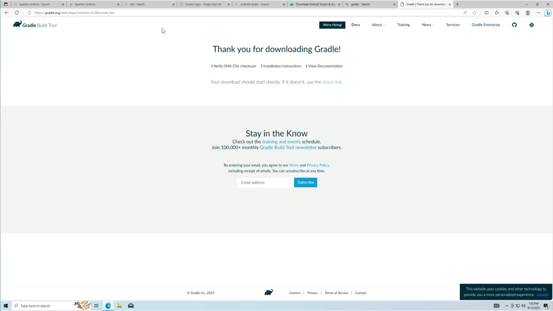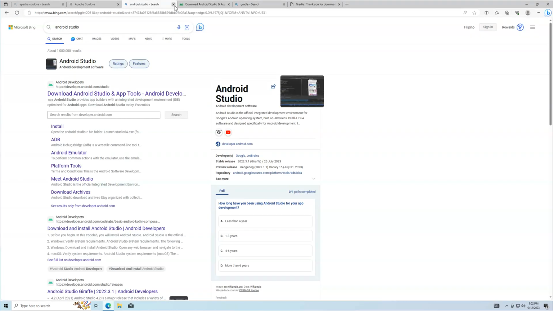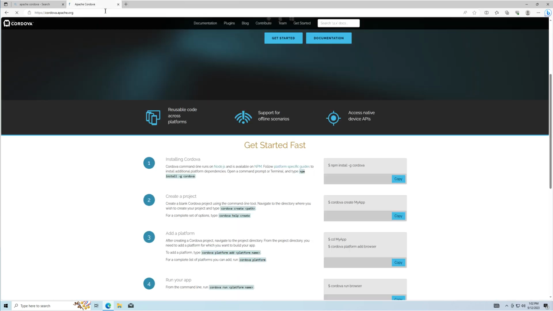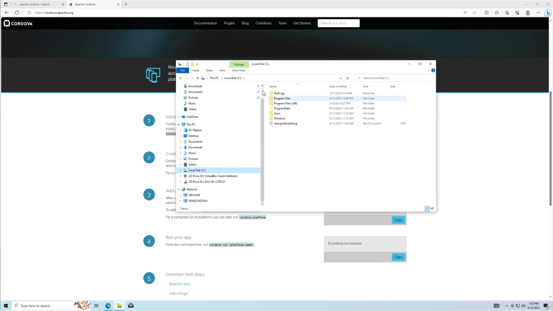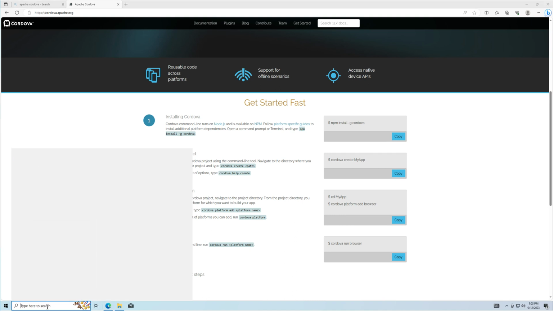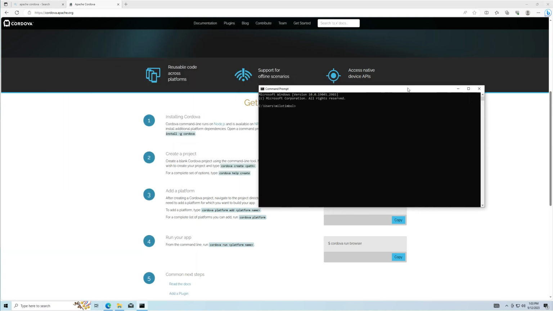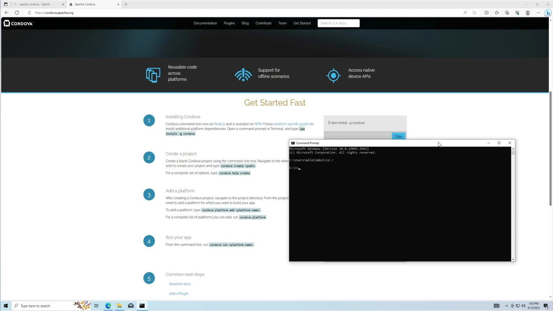We can now create a new project. Let's close the other tabs and go back to the Apache Cordova website. So basically we just finished number 1, just the setup. So now we're at number 2. I'm gonna create a folder here to contain all the projects. So let's name it Apache Cordova projects. Okay, and then in the command prompt, I am gonna go to that directory, cd Apache Cordova projects, and